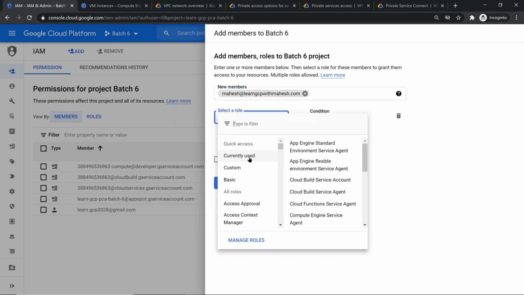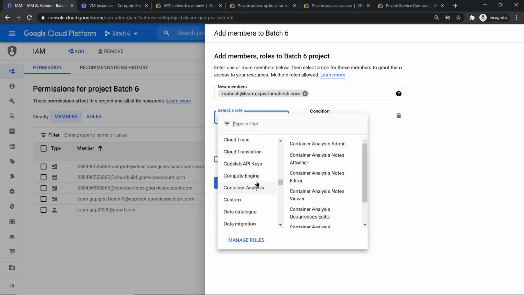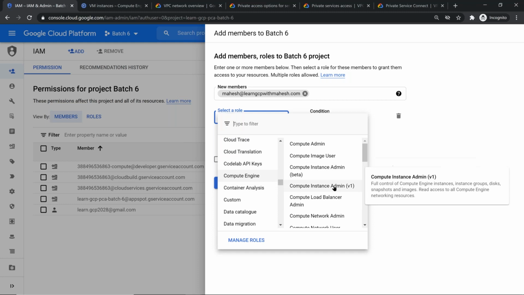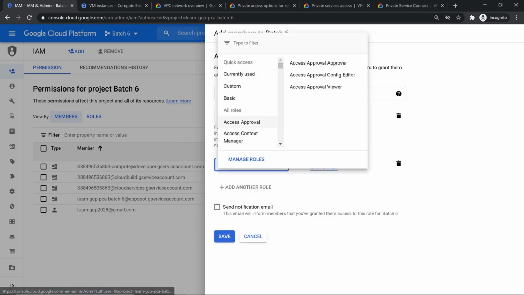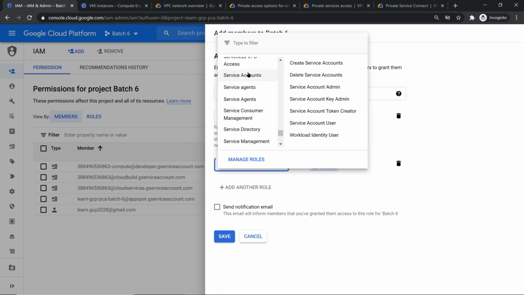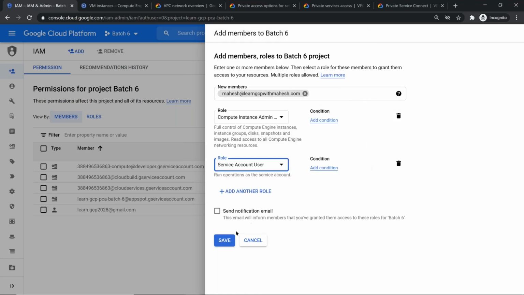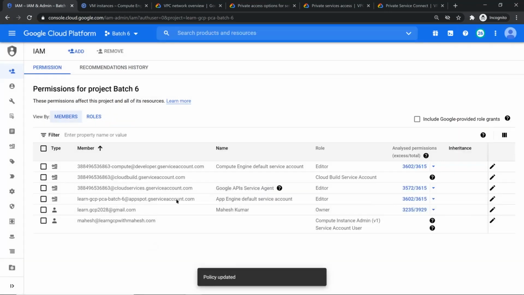So I'll just give compute instance admin. And because there's going to be a service account, you should act as that service account. So I'm going to give the service account user role. Done. Save. So this user should be able to log into these VMs